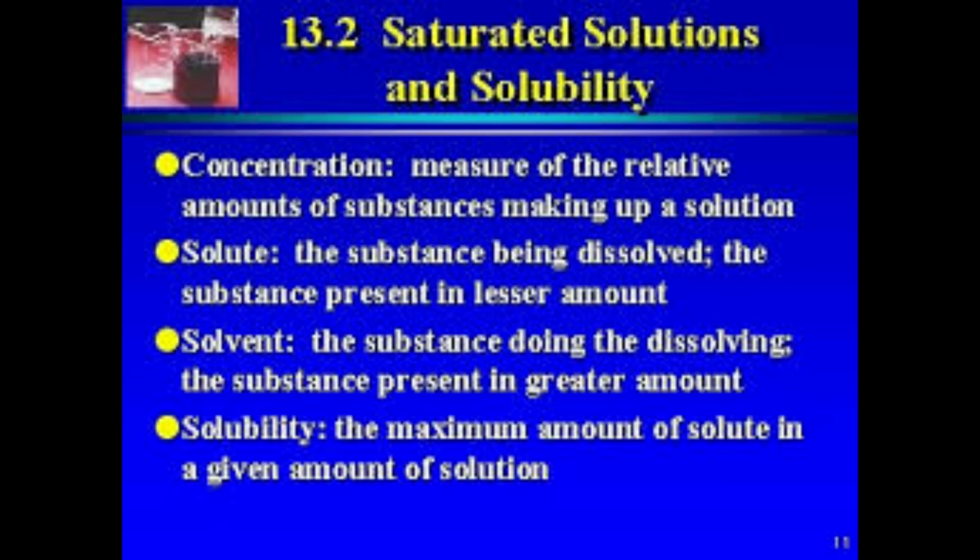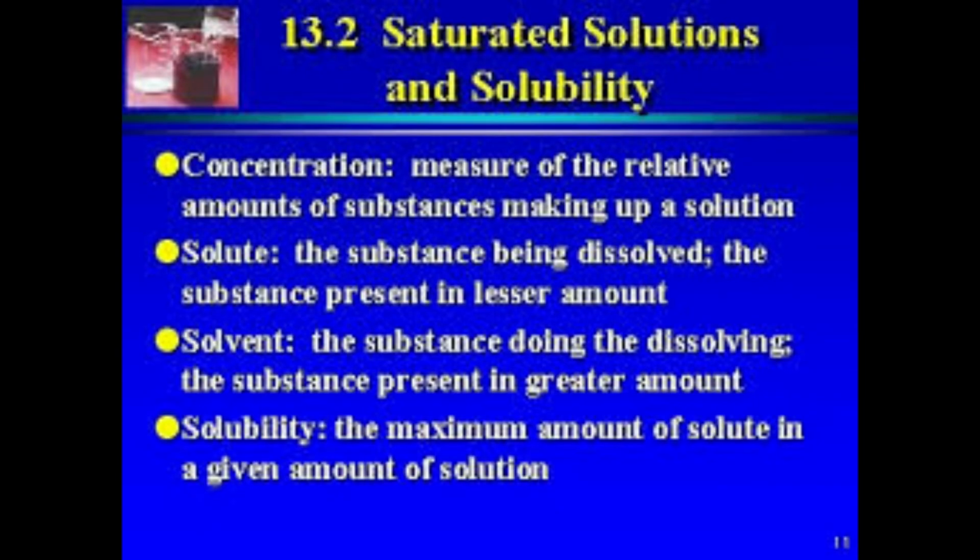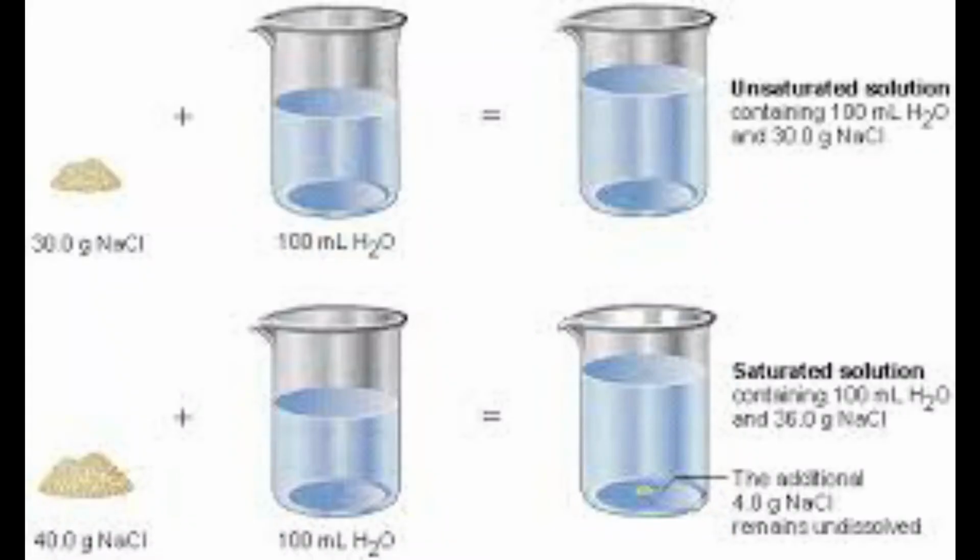Example, in an aqueous salt solution, if no more salt can be dissolved at this temperature, then the salt solution will be saturated. That means it is left over. Not even one particle will be dissolved. For example, one more example. A maximum of 32 grams of potassium nitrate can be dissolved in 100 grams of water. That means the capacity of 100 grams of water at room temperature is that it can dissolve 32 grams. If you add one more gram than that, it cannot dissolve. That is called a saturated solution.